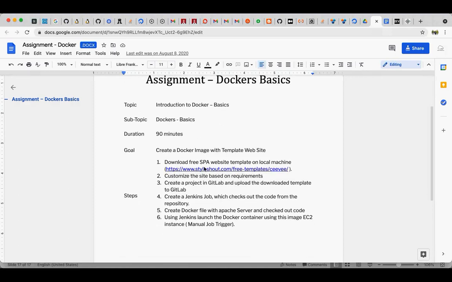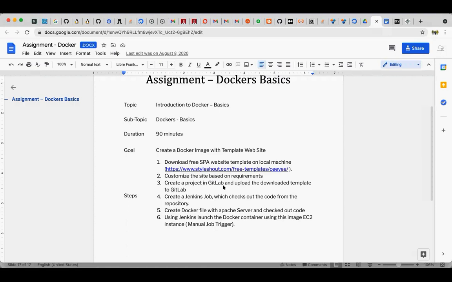There is a free template site where different templates are available. You can download these templates and customize them based upon your profile. So it's basically your online profile or online resume.